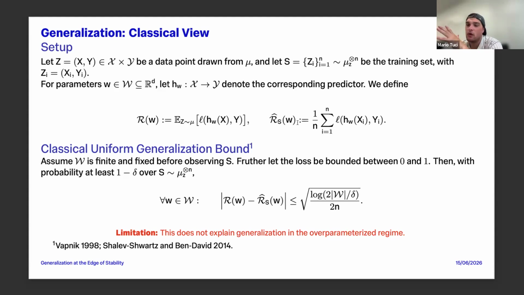And when this gap is small, we say the generalization gap is small, and that is the main quantity of our work, and typically in statistical learning theory. I want to introduce a bit more about statistical learning theory and what the classical view is, what it was for years, and why there is a huge problem.